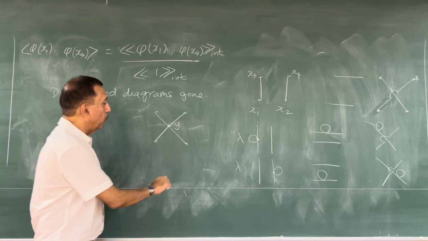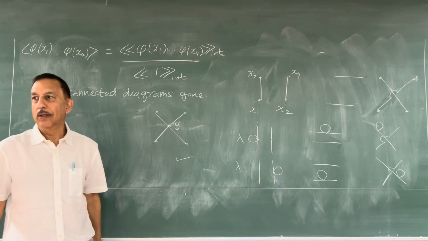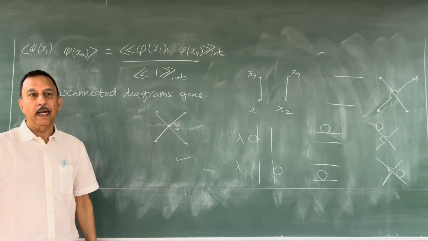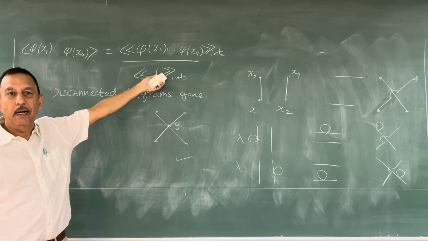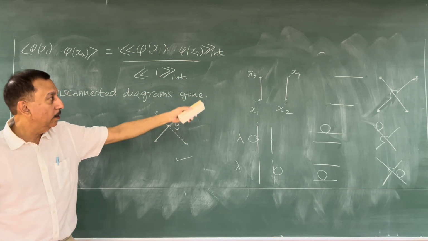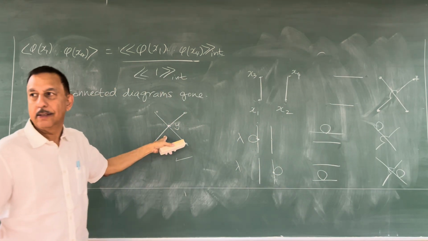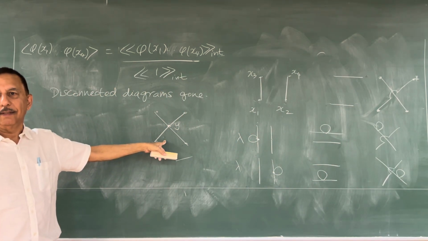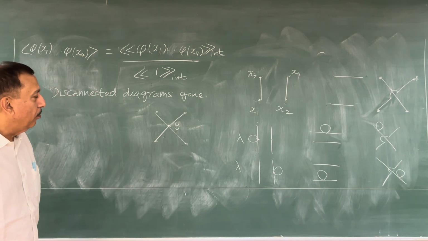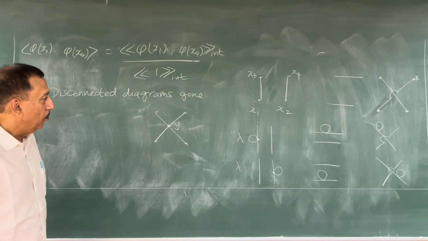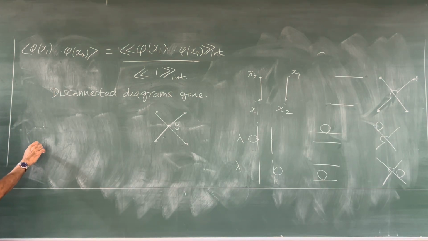So this is the only good diagram, and those are all very bad, but I haven't got rid of them. So what am I supposed to say at this point? I haven't got rid of them because this division is already done, and that's the answer. So it's this plus this plus this plus all of these plus all of these plus this, but this has a special status. Okay, so I don't even remember what's the right word to use, but the important thing is, and this I'll write, but I may not go into detail,